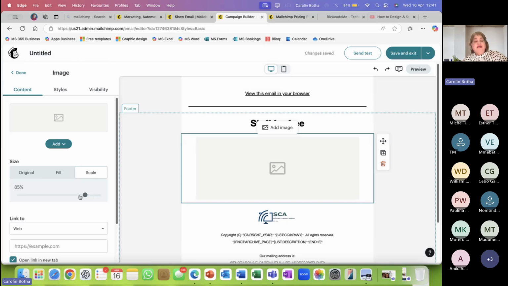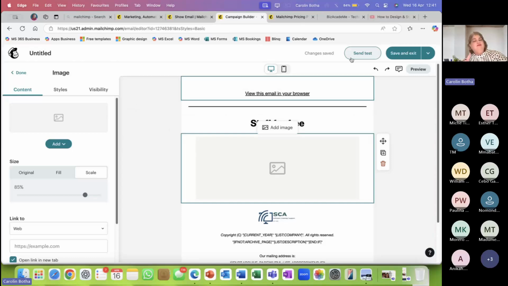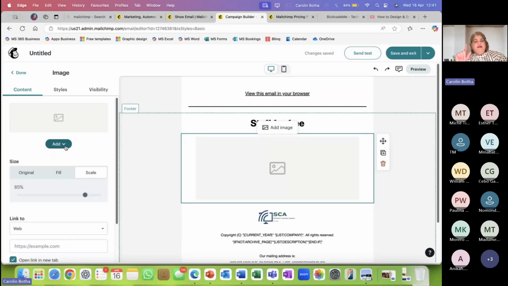You can even fiddle with the scaling. Maybe it's too large, you can scale it down, but you have to do a preview, and I found it very valuable to send the test email all the time until you are happy with what it looks like. And look at the mobile version as well.